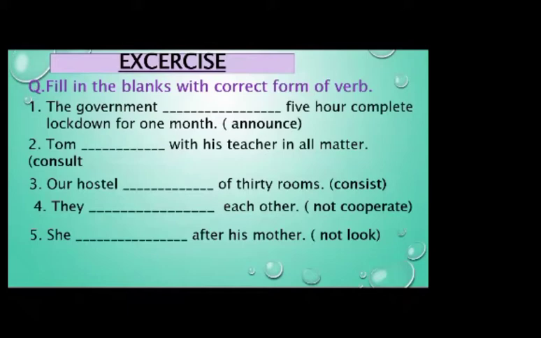The topic name is the tenses, additional matter, simple present, simple past. Aisha, you are wrong. You are using the past tense form of the verb. Okay, you are wrong. The correct answer to this is the government announces 5-hour lockdown for 1 month. That means it is something in the present. You don't use the past tense. Either you use the verb's first form with S or ES. Okay? Now let's look at the other example.